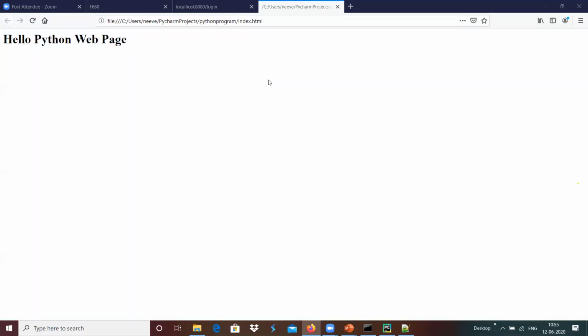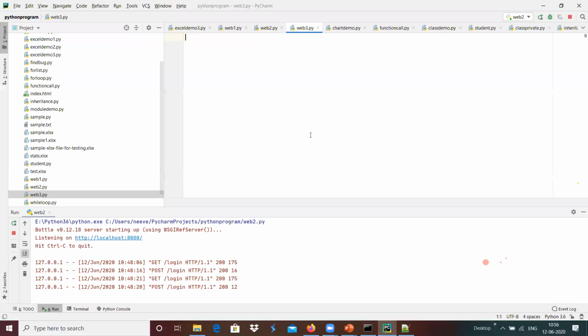Now what we can do is read this file and do operations there, get the string, and produce the output accordingly. In order to do that, from bottle I am going to import request, and then create a route for get and post over here.